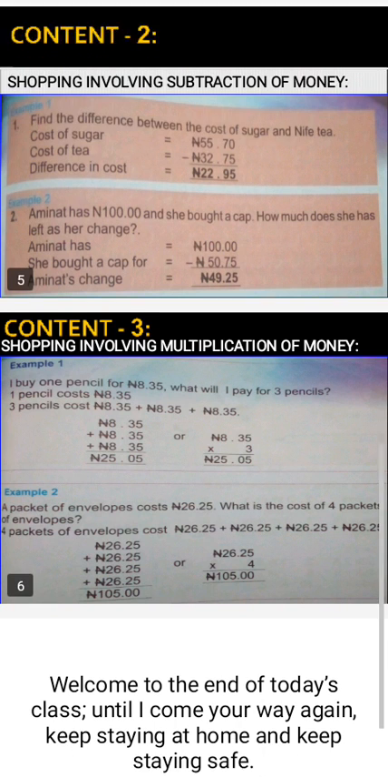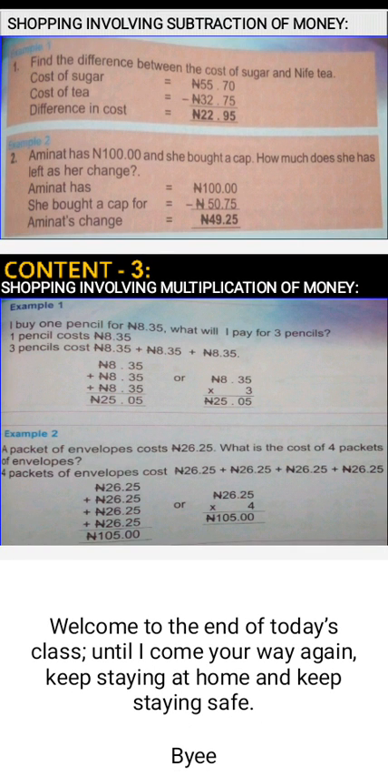So now going to the final stage, the content 3: shopping involving multiplication of money. Example 1. I buy one pencil for 8 naira 35 kobo. What if I pay for 3 pencils? Okay, so since one pencil costs 8 naira 35 kobo, it means that 3 pencils will cost,